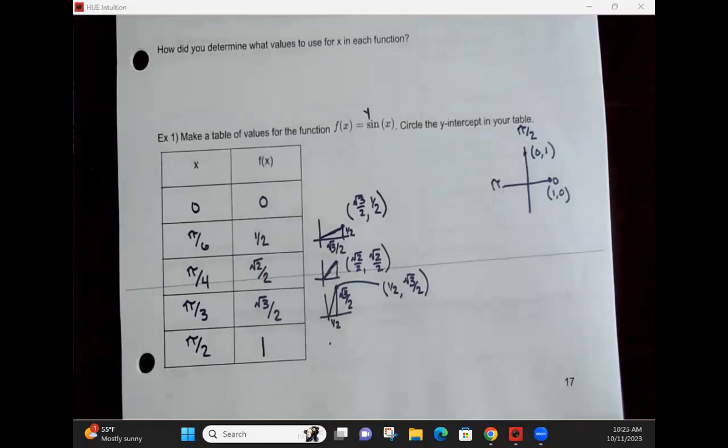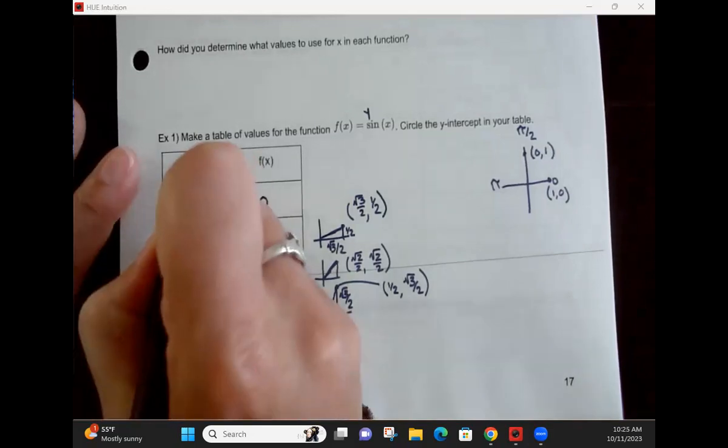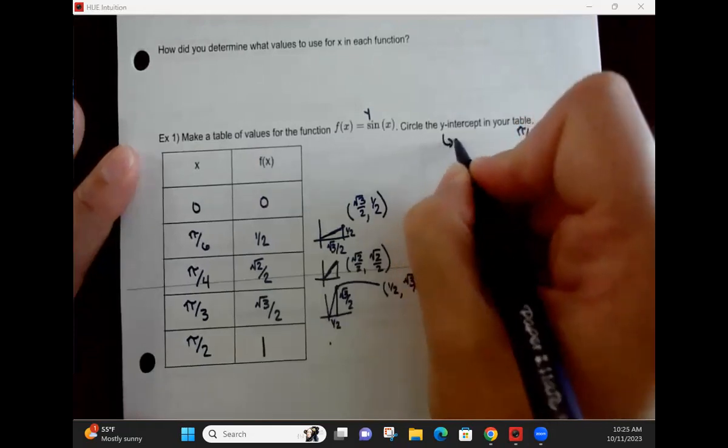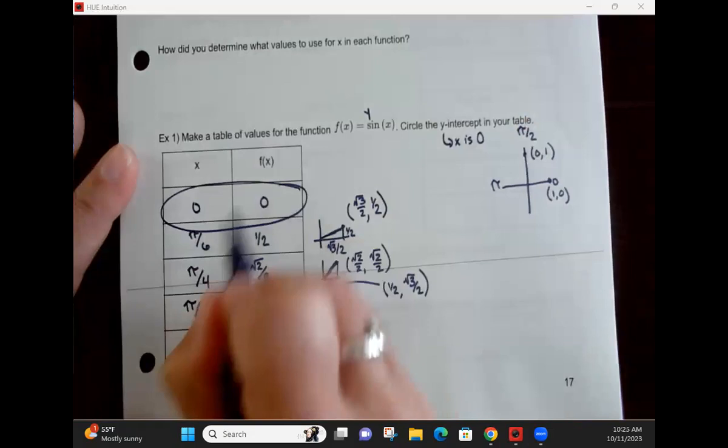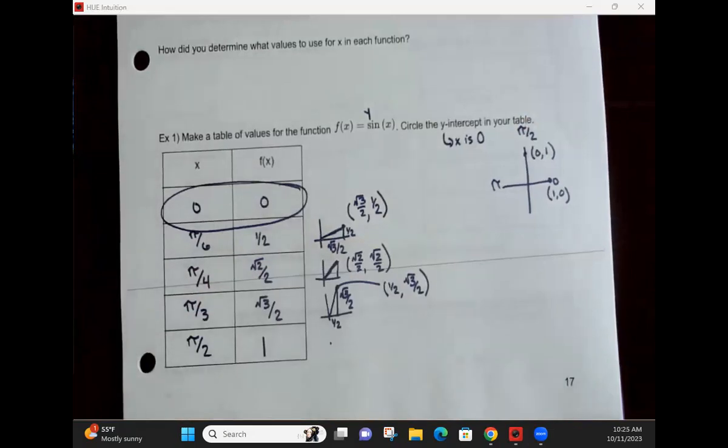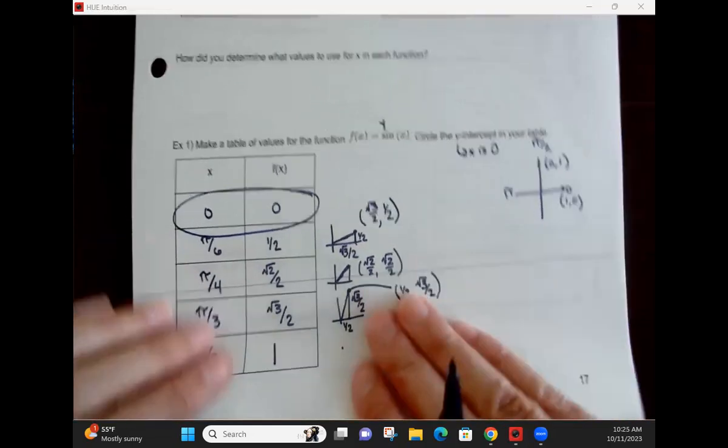What's the y-intercept? 0, right? Y-intercept happens when x is 0. So there's my y-intercept. We're going to make a couple more tables here, and then we're going to talk about y-intercepts for a few more functions. So on the next page,